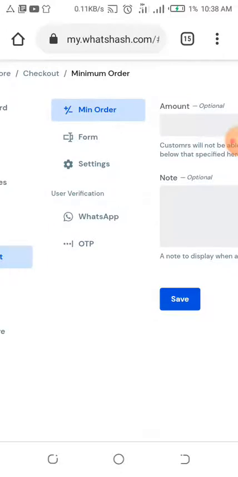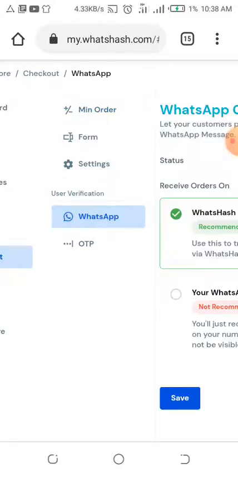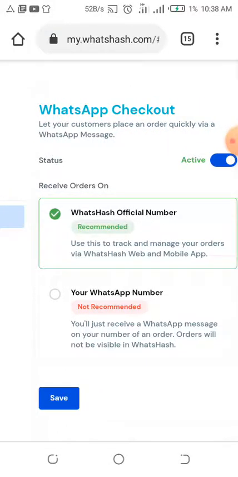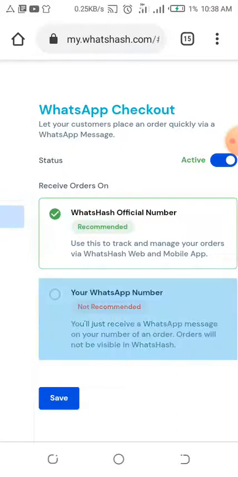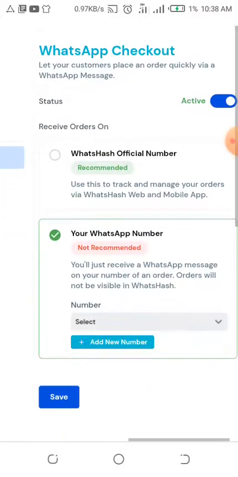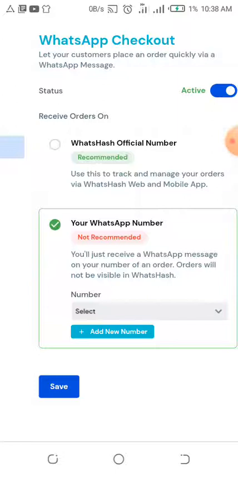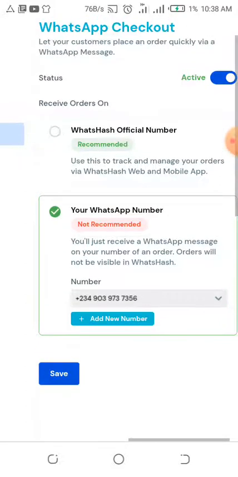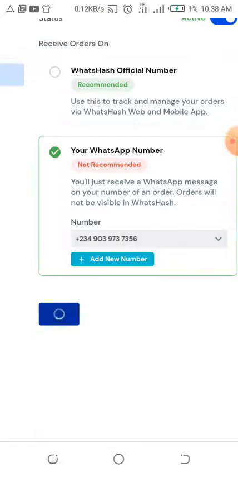You can click on WhatsApp. Once you click on WhatsApp, choose the WhatsApp official number or your own WhatsApp number. Do you understand now? This serves so that you will receive a WhatsApp message on your number for an order. Others will not be visible in WhatsApp. So you could select your number, and then save. Once you save it,